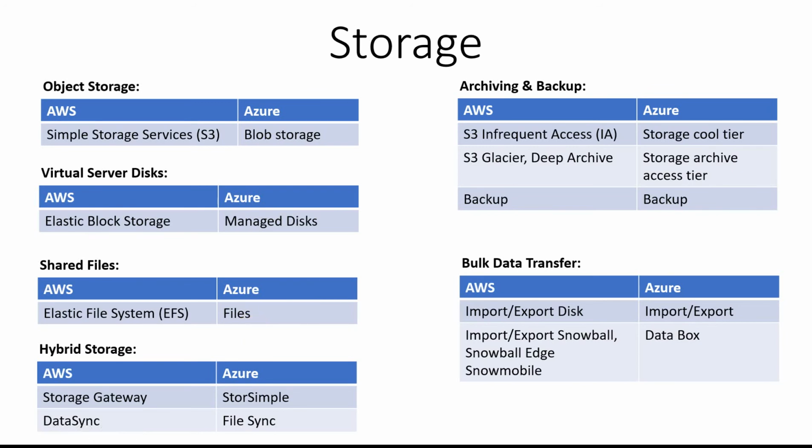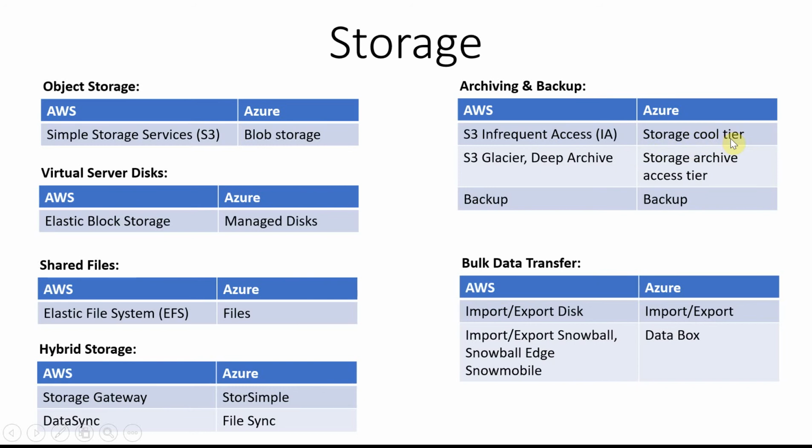So, for example, an archival category or a backup category. You will need it, but you will not use it daily. You'll need it maybe once in 10 days, or once in a month, or maybe once in 6 months. So based on the requirements, you can use the archiving or backup category of storages.